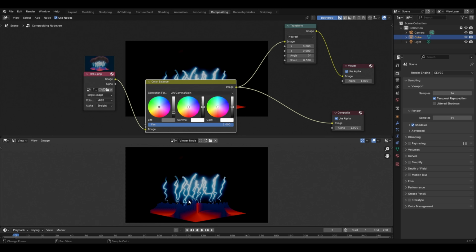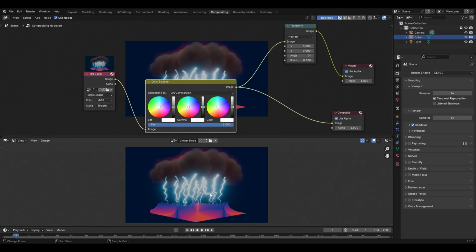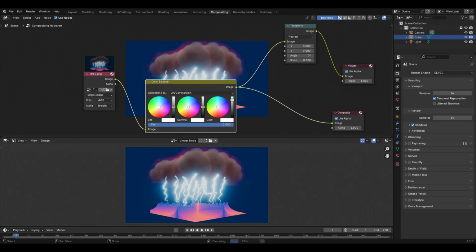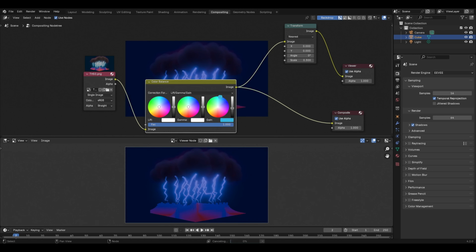Now moving ahead, let's also discover the gain option, which controls the lighting in the scene. Let's also press Ctrl plus Z to undo and press the backspace to reset the color. Now we have the original image, and in the gain option, if I increase the brightness from this brightness slider, then you will notice that the brightness of this thunder lighting region has increased much more in comparison to the rest of the image. Similarly, if I go to the color wheel and try to change it to the red color, let's also reduce the brightness, and now you can notice that the color of thunder lighting is now changing according to the color wheel.